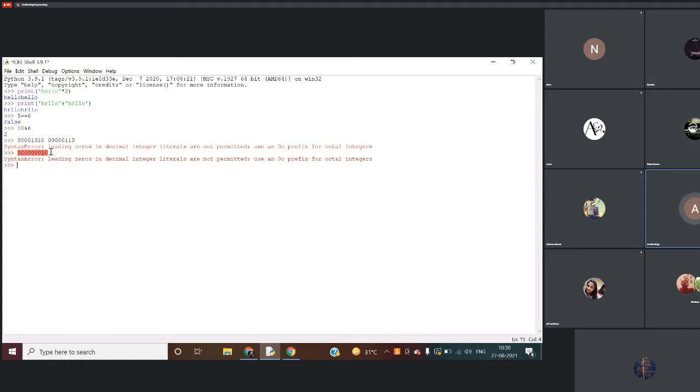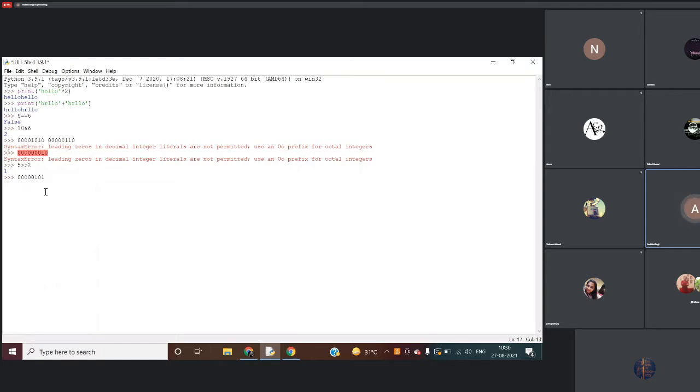And in case of your right shift, if I say 5 right shift 2, so it will be again converting 5 into the bits, right? So it will be 0 0 0 0 0 1 0 1.